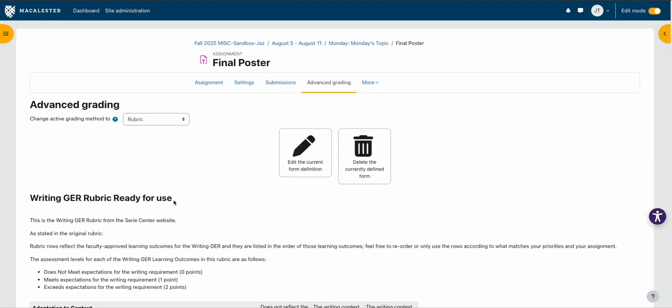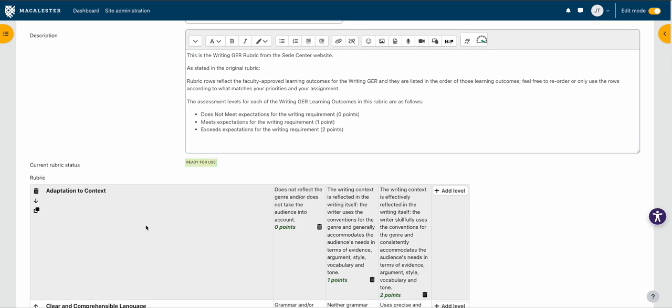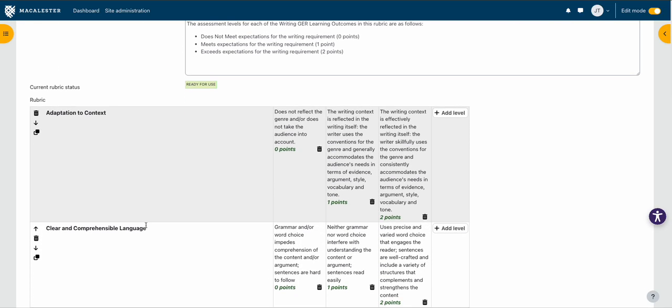You've added the GER rubric, or whatever rubric you've chosen, to your assignment, and you have this option to edit the current form definition, which would be editing the rubric. You can delete it if you chose the wrong one or decided you want to create your own. If you do choose to edit, then you enter this editing space where you can edit any aspect of this